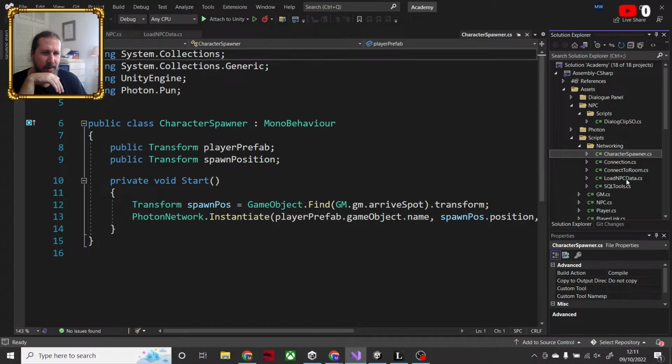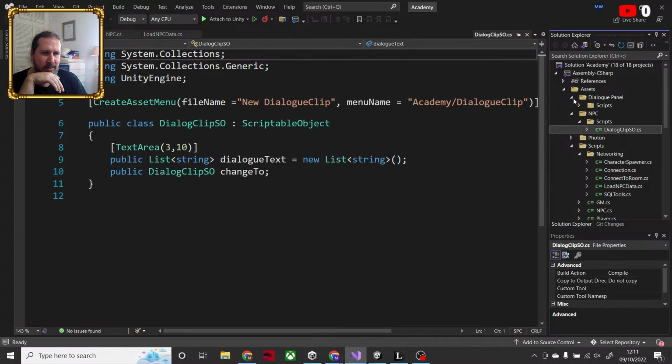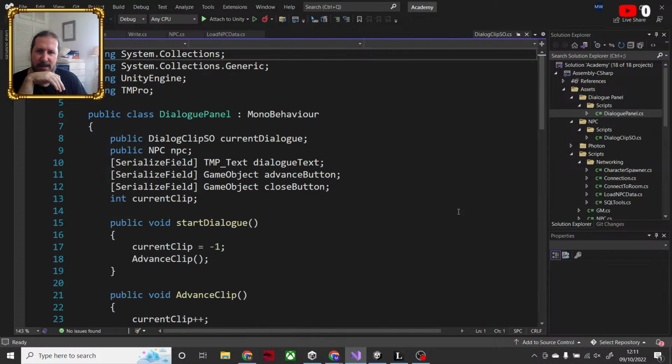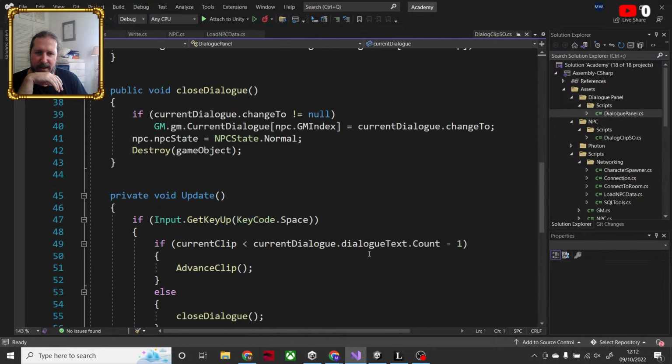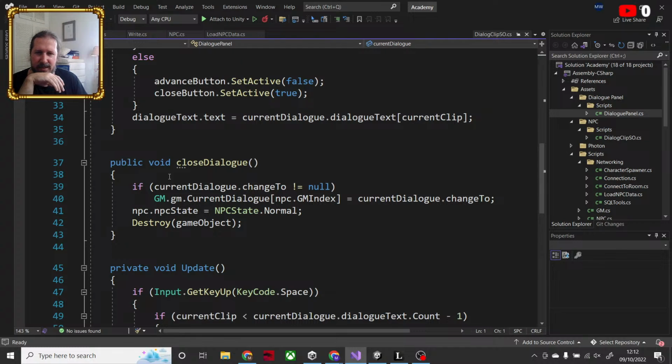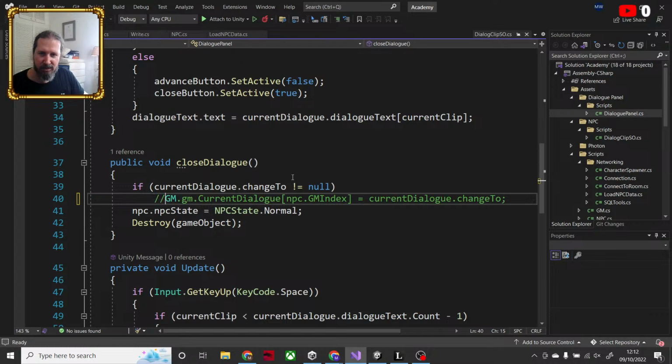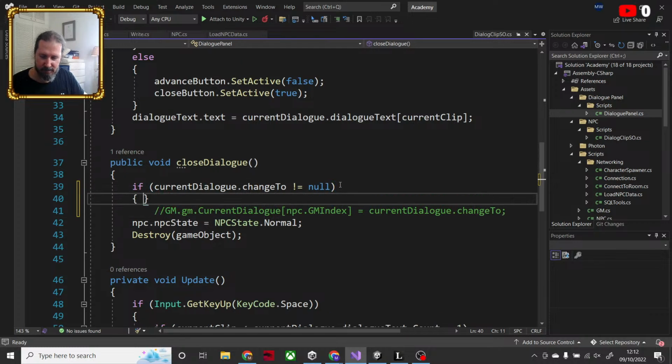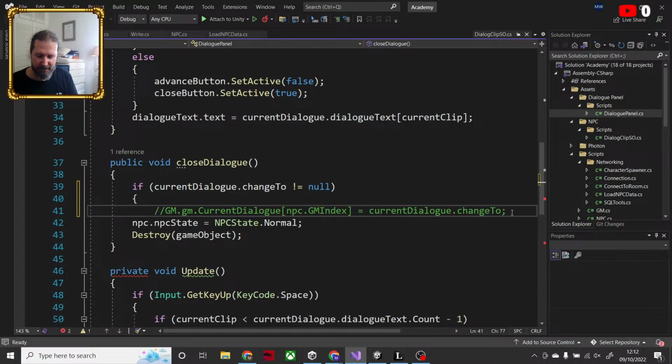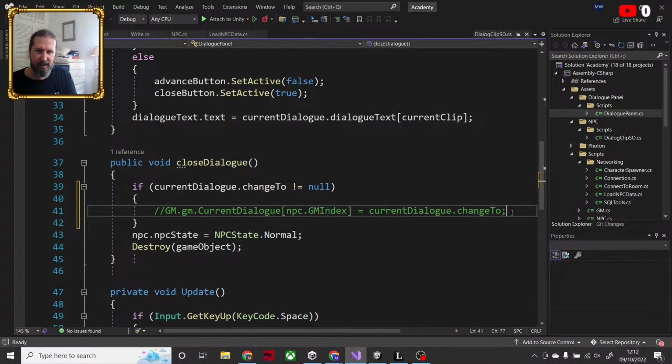No. It was dialogue panel, script, dialogue panel. At the end of it, we did this, where we switched it out to that. I might still want to do that, because remember I said that we're going to be using both RPC and MySQL.